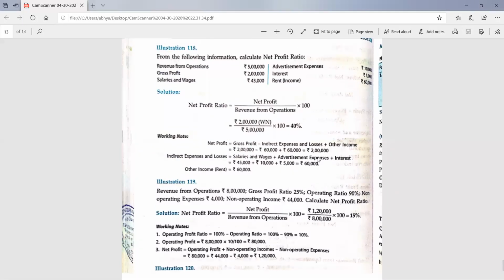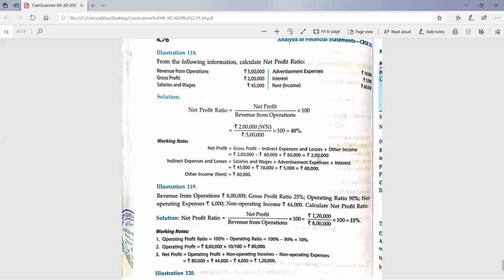Yes, Harshita Sharma is asking about tax. So beta, only when the tax rate is given in the question do you have to use the tax. In these questions, no information was given about tax, so we are not going to use it. But suppose it was mentioned here that the tax rate is 50%, then after calculating the profit of 2 lakh, we would have to pay 50% tax. 50% of 2 lakh is 1 lakh. So 2 lakh minus 1 lakh, so we would consider the net profit as 1 lakh.